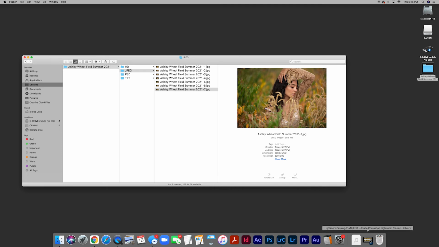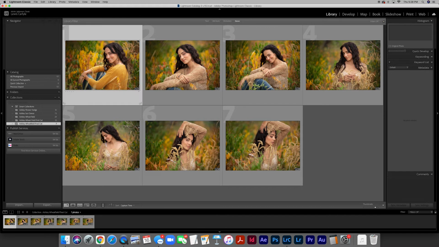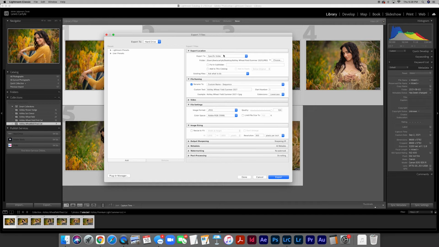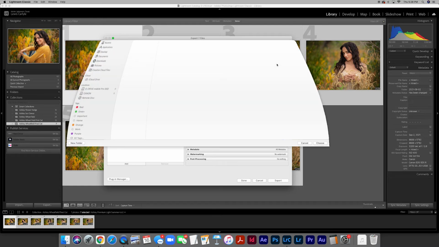Next, let's go back into Lightroom once again, and we're going to repeat this process all over again. Let's select all of our images. Let's hit the export button, and this time we are going to create yet another JPEG, but we're going to make this one a little bit smaller. So let's choose the